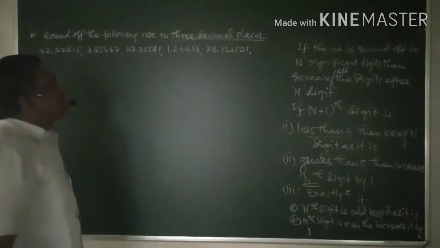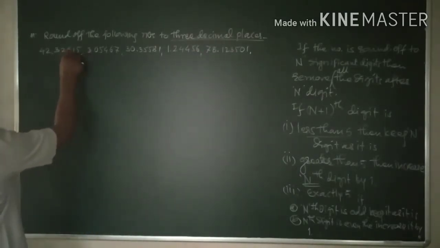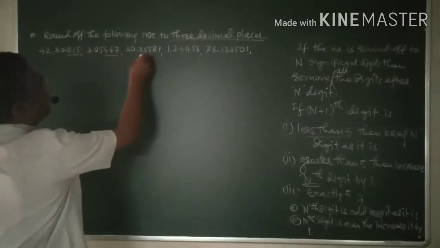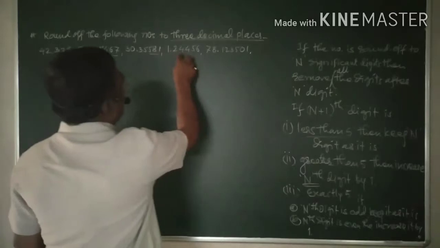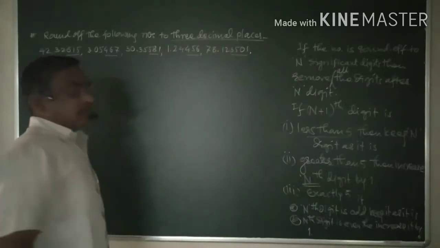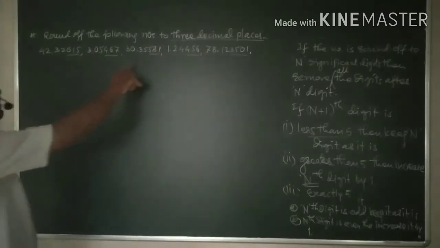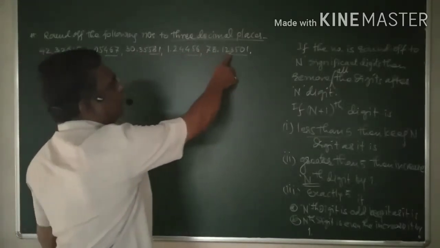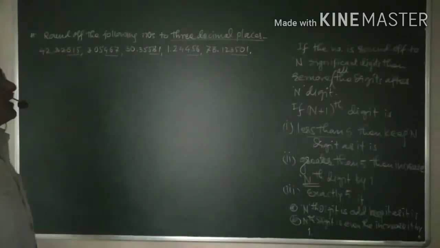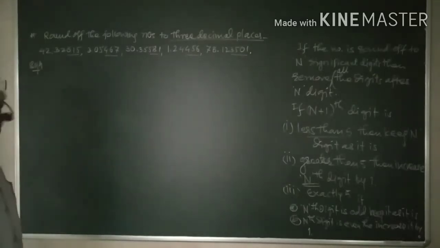And therefore we need to consider this thing, 1, 2, 3, and this is 1, 2, 3, 4, 5, 6, and this is 1, 3, 5, 0, 1. You need to cancel out what? What happened to 6 after rounding off all these numbers to 3 decimal places? What happened to this 4? What happened to this 5? What happened to this 4? What happened to this 3? Well, now let us use this rule and round off the numbers.